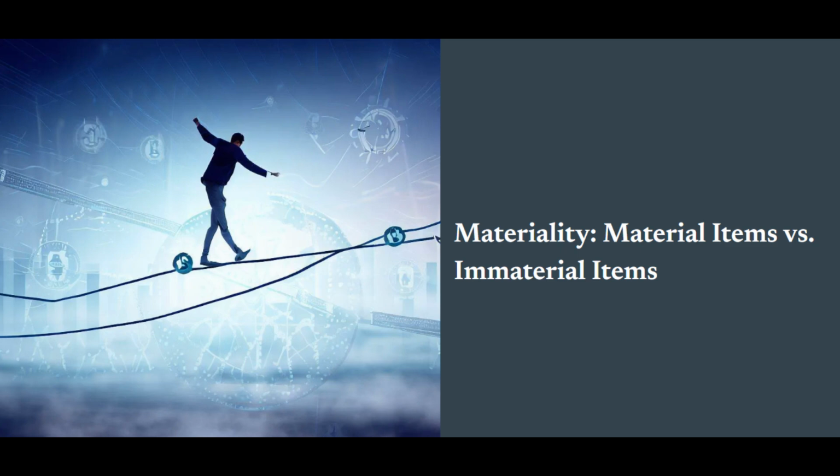Auditors use the concept of materiality to determine how much testing they need to conduct and what level of evidence they need to gather. They assess the risk of material misstatements in financial statements and decide how much scrutiny to apply based on the materiality level. For instance, if a company has a high risk of misstatement in a particular area, auditors will dig deeper, gathering more evidence to ensure everything is accurate.